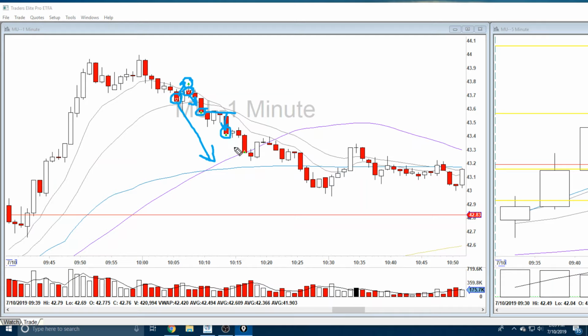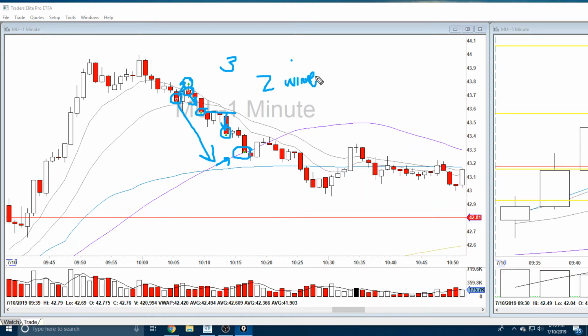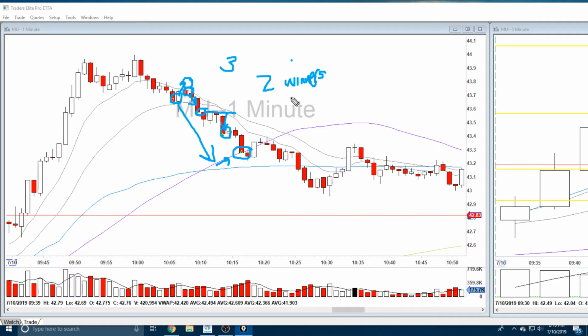And at this point I was sitting pretty on the day, so I took my last one here a little before VWAP, but I didn't know if it was going to make it or if it was just going to bounce off this 50 MA. So all out right there. So all in, I had 3 trades today, 2 winners and 1 stop out, which is this first MU trade.